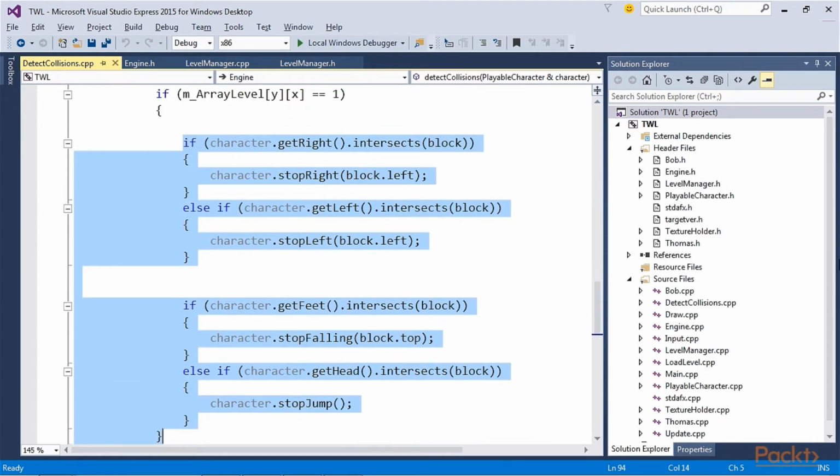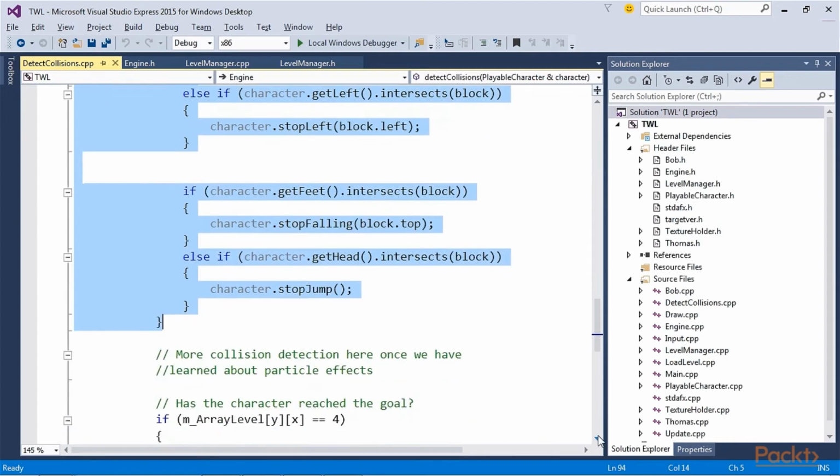The value that is passed to each of these functions and how the function uses the value to reposition the character is quite nuanced. While it is not necessary to closely examine these values to understand the code, you might like to look at the values passed in and then refer back to the appropriate function of the playable character class in the previous section. This will help you appreciate exactly what is going on.